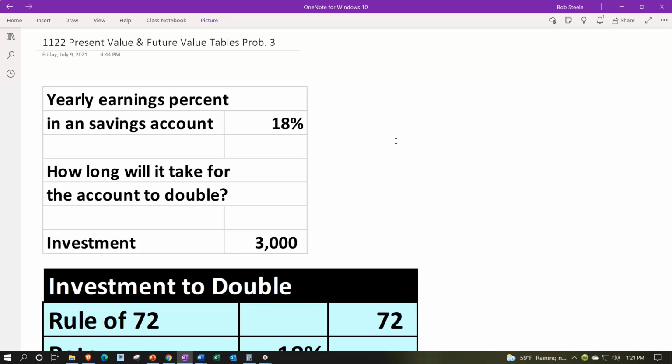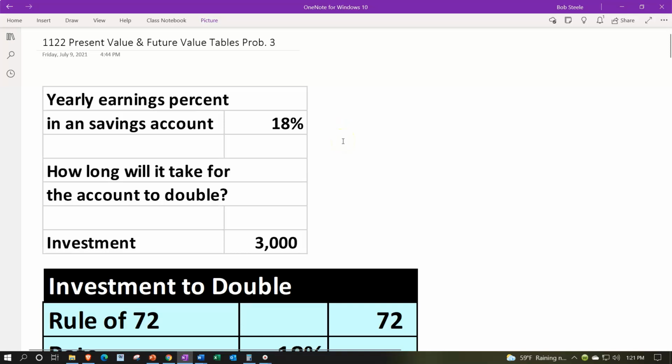other methods. So our information up top says the yearly earnings percent in a savings account is 18%. Therefore, we're going to be assuming that there's going to be an increase of 18% annually on the savings account. That's a high rate for a savings account, but we could apply the same principle and concept to any type of investment, whether it be stocks, a home, land, a CD, a savings account, and so on. We used some other rates in prior practice problems, so we want to jump up the rate to 18% here. And the question then is, how long will it take for the account to double, which we